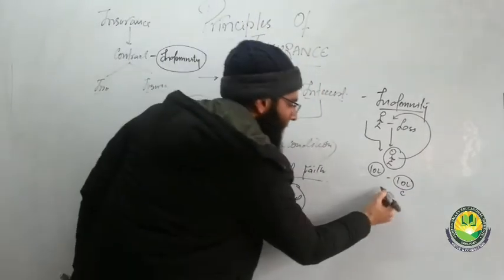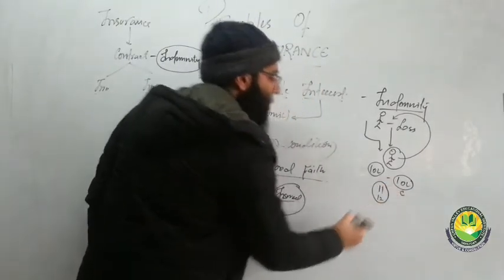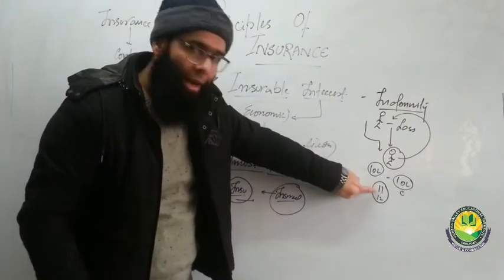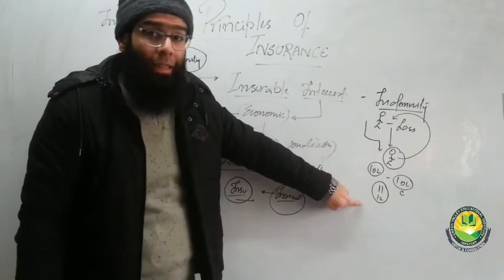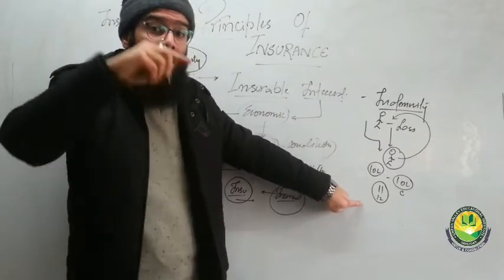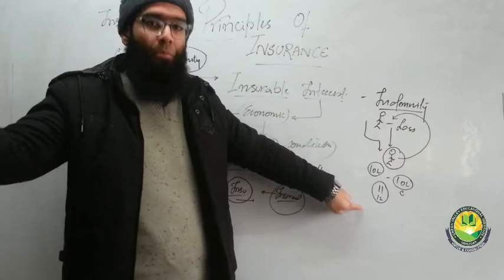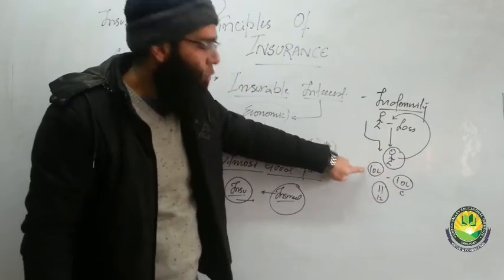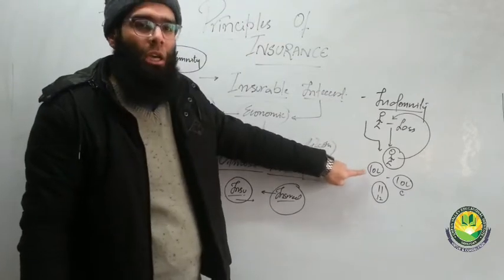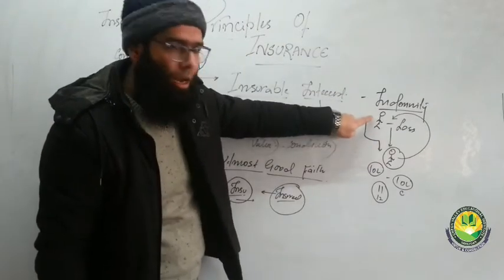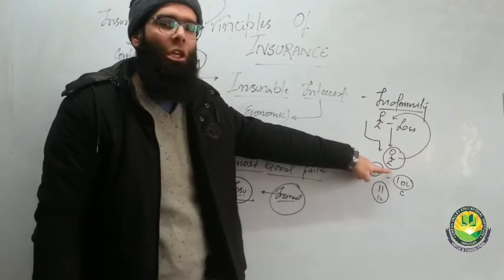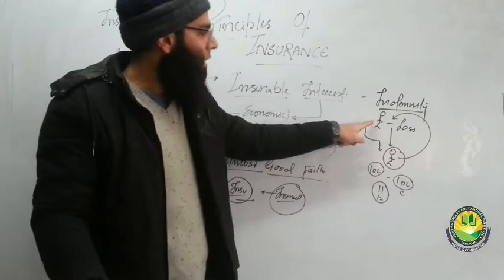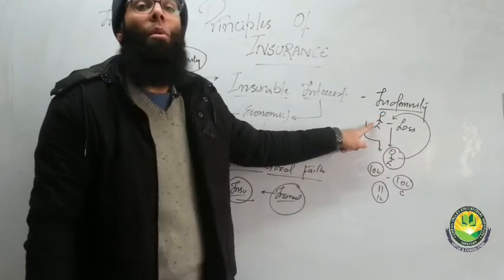Why is it not 11 lakh? Why is it not 12 lakh? Because it goes against the principle of indemnity. If we pay him 11 lakh, if we pay him 12 lakh, that means his position is now better than before the loss. So indemnity says no, we have to put him back where he was before the loss. So his position was here, the loss occurred, his position deteriorated. So we compensate his loss and put him right back where he was before the loss.